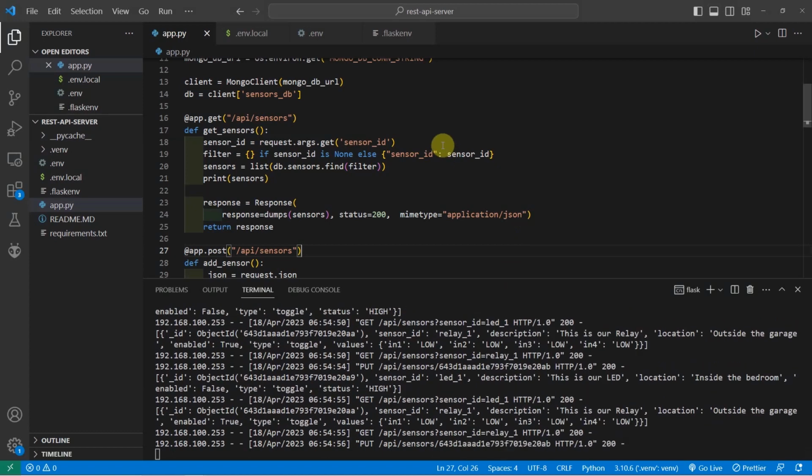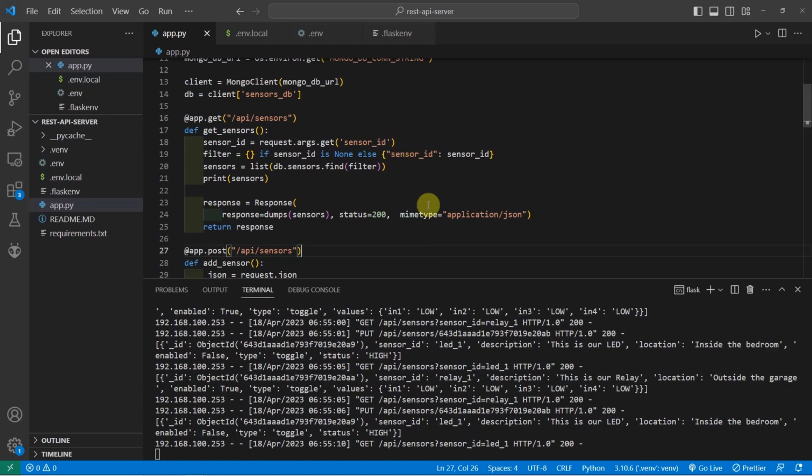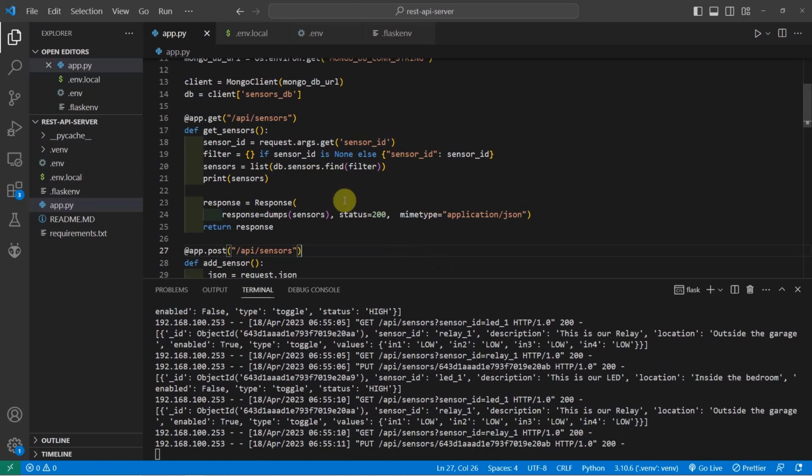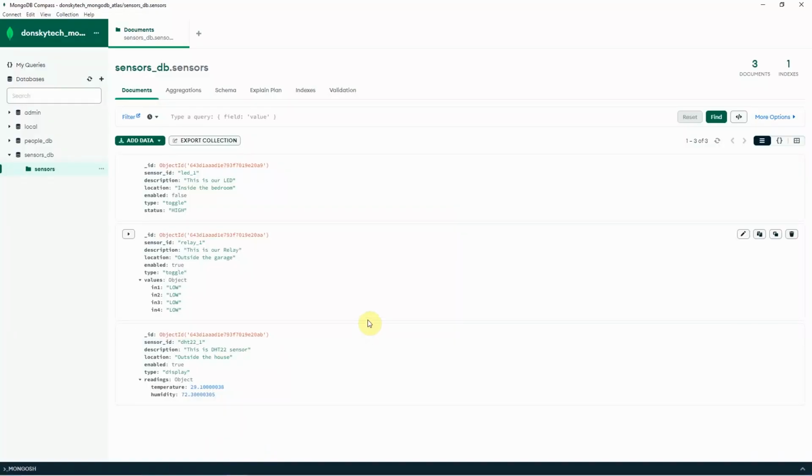So if you have not yet read the documentation of this project or watched that video, then I highly suggest that you watch or read the documentation so that you would know how this REST API server was created and how it works. Right now, I am showing you my MongoDB Atlas cluster, and I have pre-populated my sensors DB database